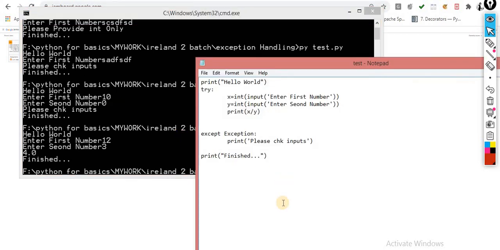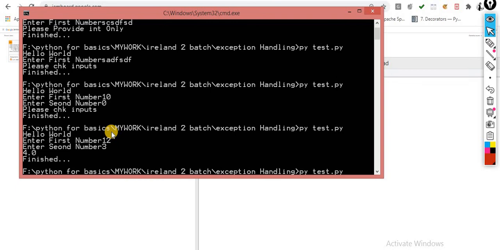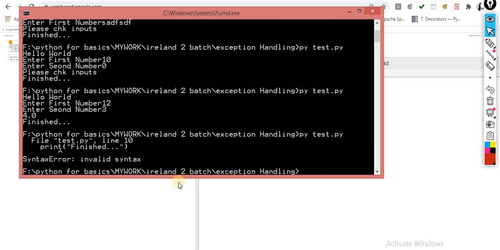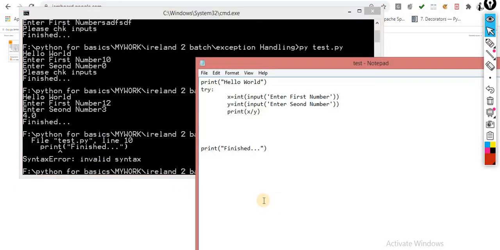So try can be used with multiple except statements. If you are using try, the except is mandatory, because only try is not allowed. Let's suppose I didn't use this except statement and I try to run it, it will give you the syntax error, because whenever you are using try, the except statement is mandatory.